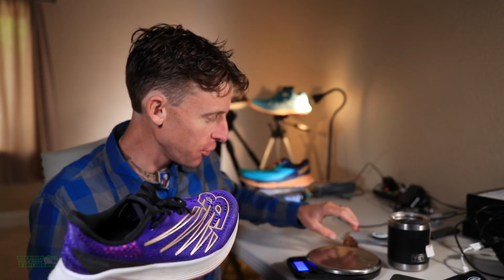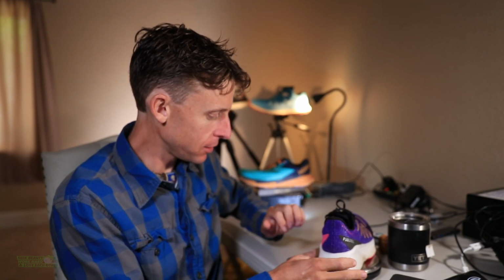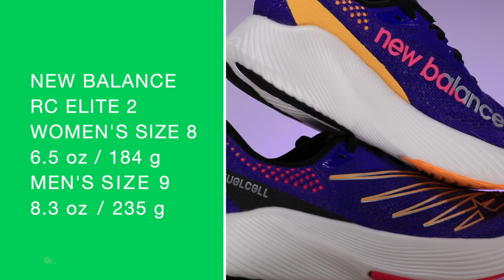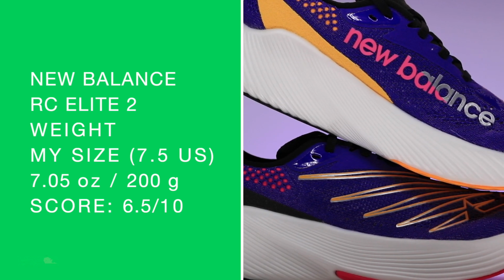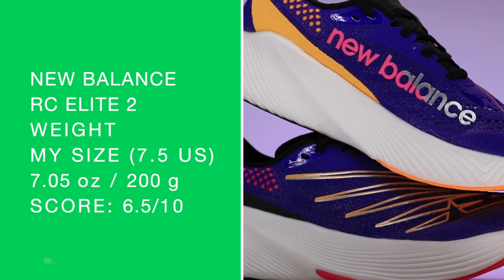I've got the scale here. This is also very strange, having this scale right here. Okay, hold on. Let's put it on. 7.05 in my size there. Oh yeah, women's size 8, men's size 9 on your screen. Okay, soak it in, and there is my score. So any carbon fiber plated marathon racing shoe in my size over 7 ounces is just a smidge on the